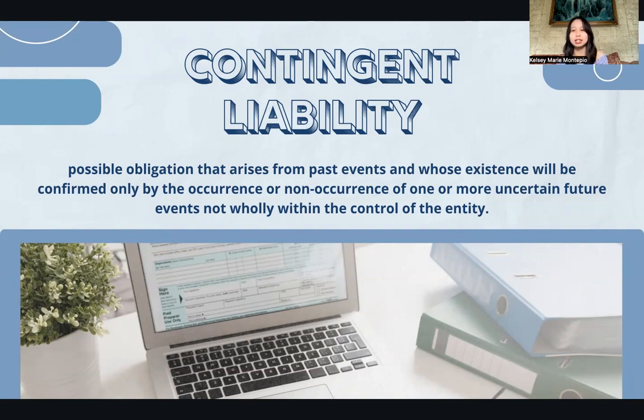So, yung definition ng contingency is the same as the provision in a sense that both contingency and provision have uncertainty. Walang kasiguraduhan yung pagkakautang pero alam mo na meron. Kasi yung pagkakaroon ng utang is nakadepende sa occurrence or non-occurrence ng future event at hindi ito kontrolado ng entity. So contingency and provisions are the same in the manner that they are both uncertain.